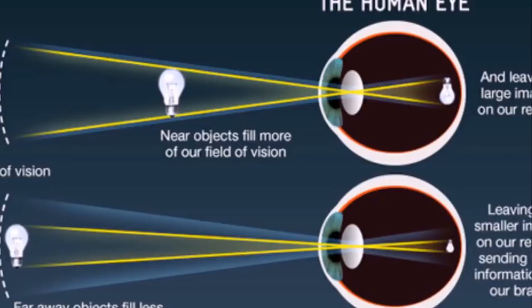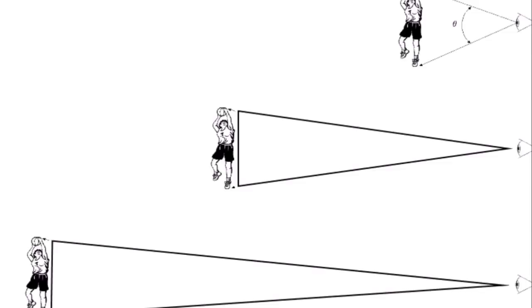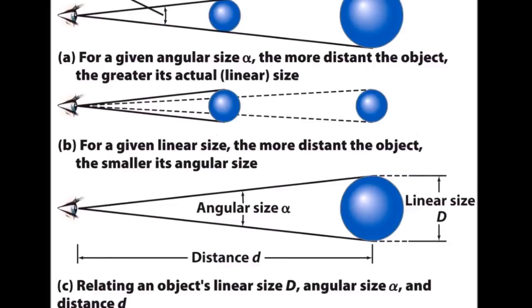A shorter distance and larger diameter of an object equal a larger angle at your eye, thus easy to resolve. A longer distance and smaller diameter of an object equal a smaller angle, thus difficult for your eye to resolve. The size of the angle is also what gives us perspective. Objects do not physically shrink in size as they move away from us, but the angle in our eye gets smaller and smaller, which is what allows us to determine that it is moving further and further away. For objects coming toward us, the angle will get larger and the object will appear to be larger on the retina. This is an important part of perspective.